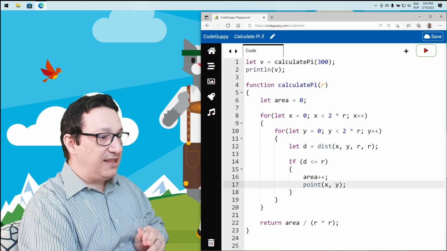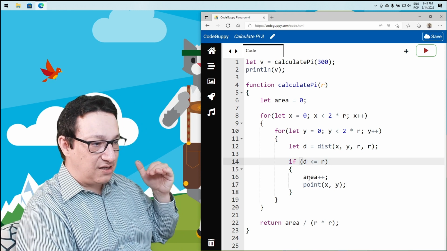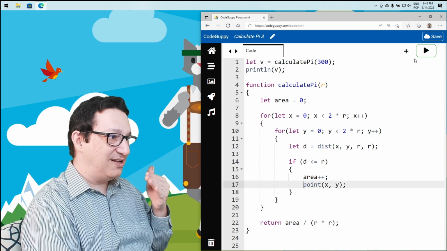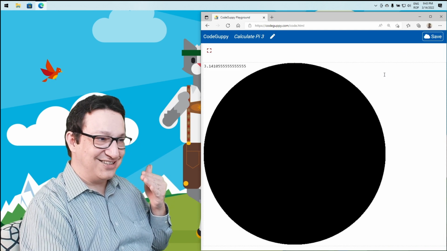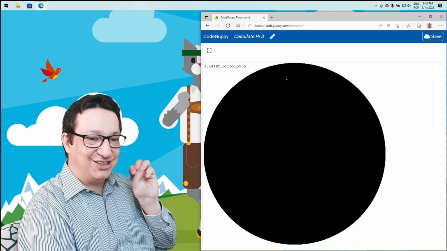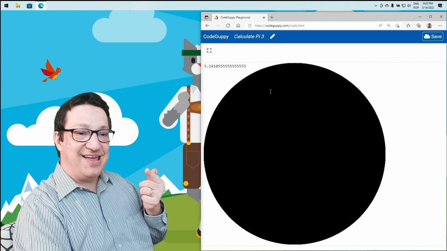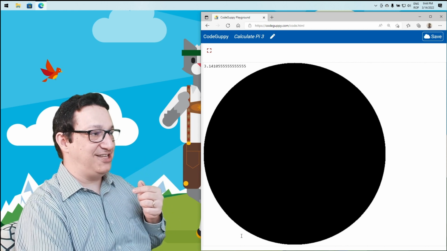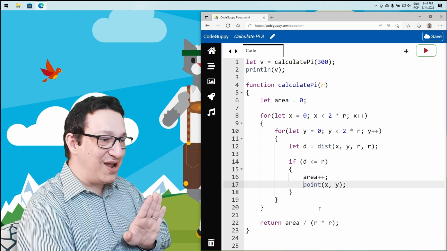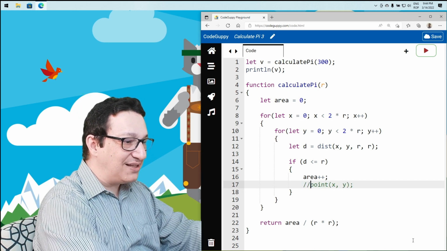So here, if the distance is less than r, we are increasing the area, so it must be inside the circle. So let's put a point there, and we have a circle. See? So all these points that we plotted right now, we also counted towards that area. So we counted all these points here, and that is our area, and we divided that by r squared, and basically that gave us